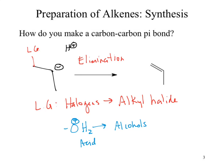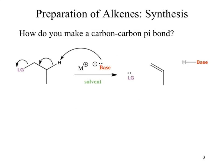Okay. Beyond that, we haven't really talked about anything unless you guys can tell me something else. Okay. So what was that? Probably not. Okay. So we really just have alkyl halides as our primary functional group. We also have alcohols as a possibility as well. Okay. So we could break that down to the more familiar slide to go through and make our alkenes. The mechanism that we'll typically run by will be an elimination, but you will also typically see it as